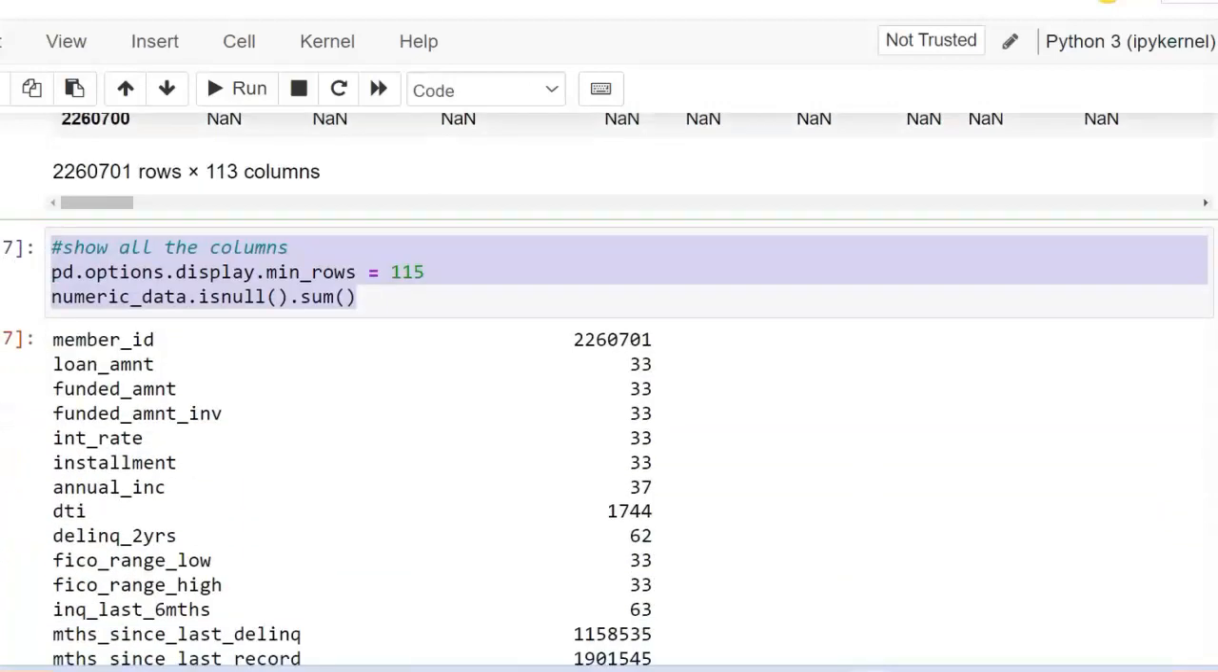The next thing that we are going to do is, we have a numerical data set. From the data set, we created a subset of numerical data set. After having created that, we will try to find out which columns have how many null values. As we discussed in the theoretical part, we'll use the data frame isnull().sum() to find out